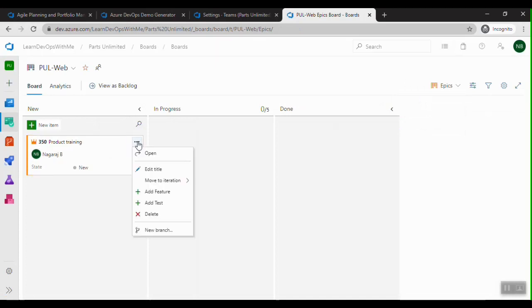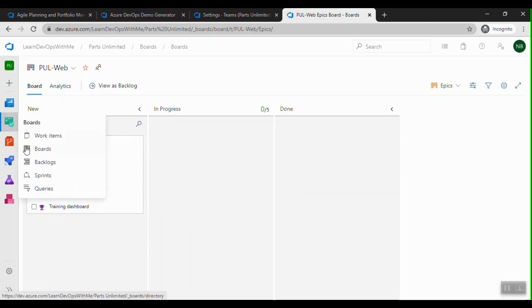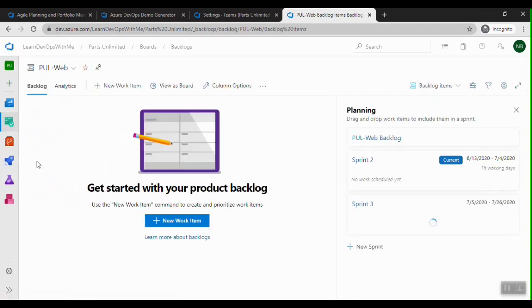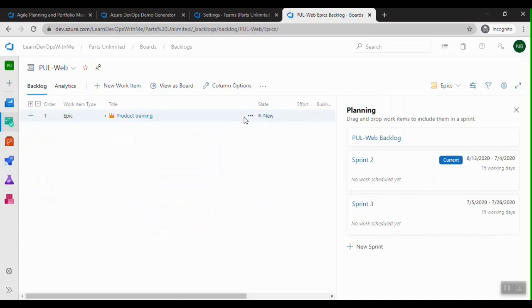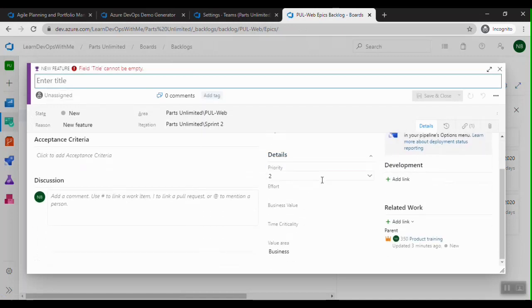So let me go and add the feature, which is going to be the training dashboard. So it can be added in this fashion, or I can go to the backlogs view and select epics. I can click on add feature, then create a feature work item, and it will have a parent called product training.